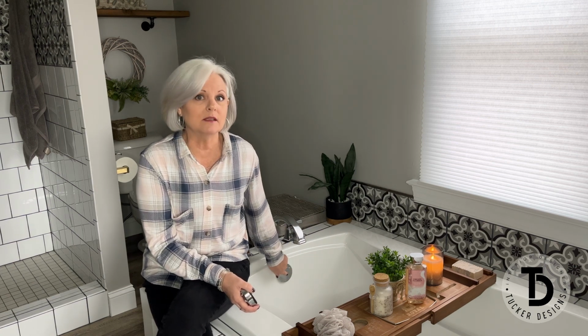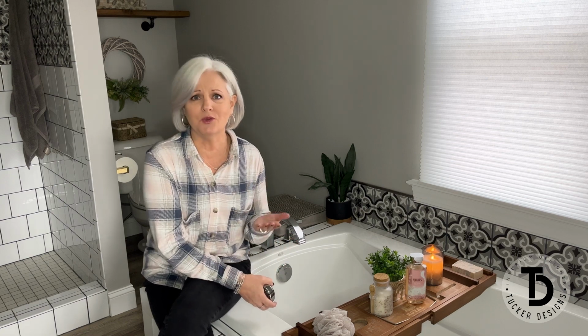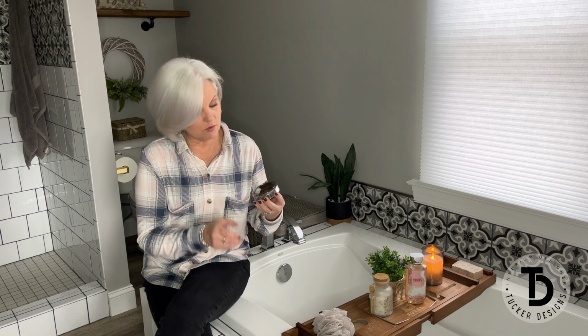So I thought about taking this off and turning it upside down. Then I thought, no, that's not really going to look good. Plus, I think water would have still leaked into the drain because it wasn't going to be sealed off tight. And then I thought, okay, well, I'll make some kind of plug myself, but I couldn't figure out exactly how to do that either. I just got the idea to start searching on Amazon for it, and lo and behold,